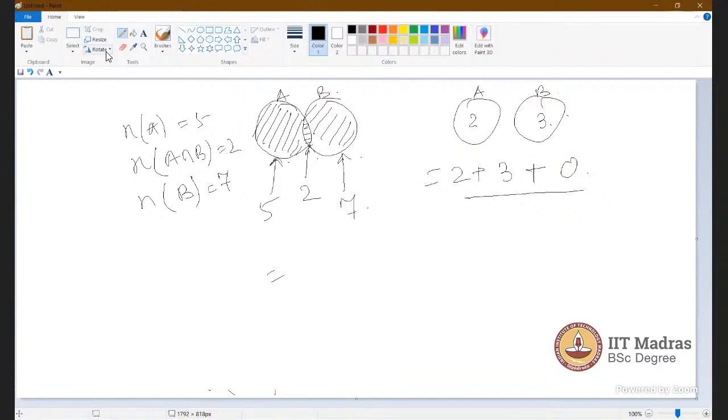So in the given question, how did we find the intersection is 1? Let me give an example.